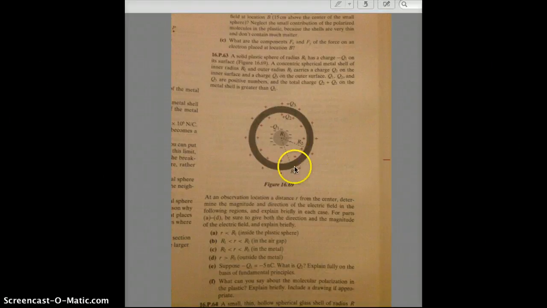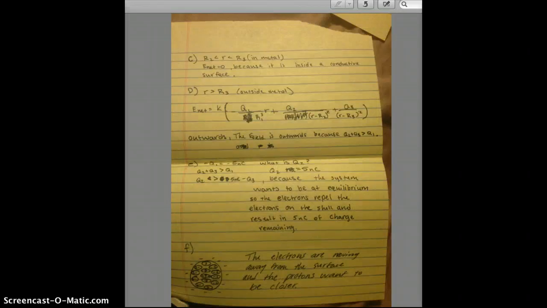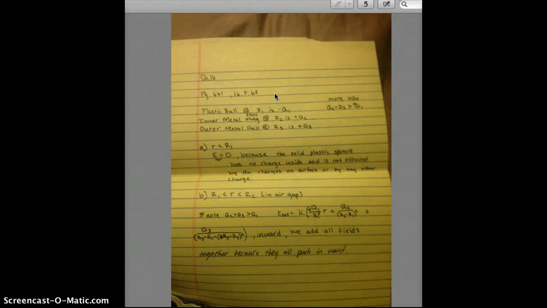Okay, this is my chapter 16 reassessment, and I'm doing problem P63. It's all this right here. I started out with the metal ring, and it's asking for, this is basically what I wrote about that, the R2s, the R1s, the Q2s,